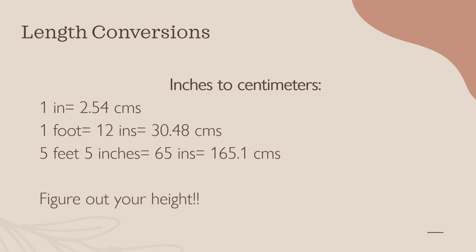So how tall would a person who is 5 feet 5 inches be in centimeters? For me, I would figure out how tall the person is in inches first. 5 feet is 60 inches plus the 5 inches equals 65 inches. 65 inches times 2.54 centimeters equals 165.1 centimeters. Now try figuring out your height. So all electronic medical records, or EMR, require centimeters for height. The nice thing about EMRs is that most of them will either calculate it for you, meaning if you put the inches in, it will automatically calculate centimeters, or they have a built-in calculator that you can use to figure it out.